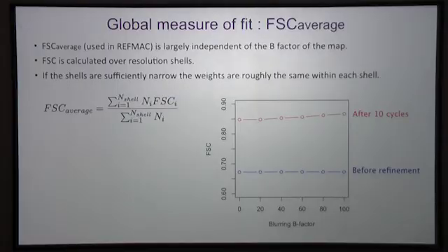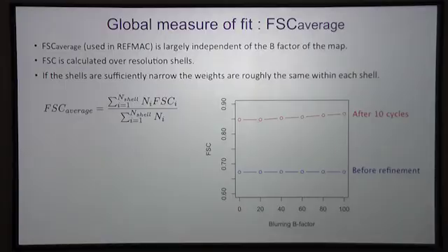And there's various measures of how well the model agrees with the map. RefMac uses FSC average, which is to calculate the Fourier shell correlation between a model and a map over resolution shells, and then it works out the average from these shells. And the important thing about this measure is that it is independent of the blurring B-factor. So if you look at the FSC before refinement, you can see that it doesn't change